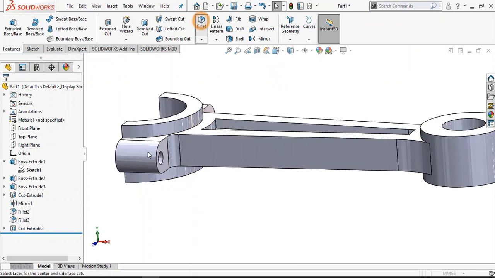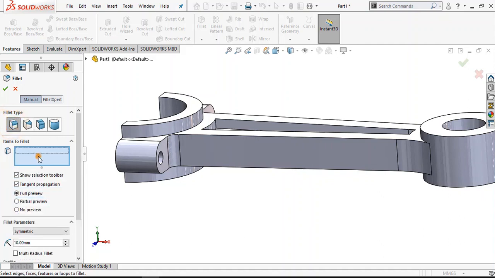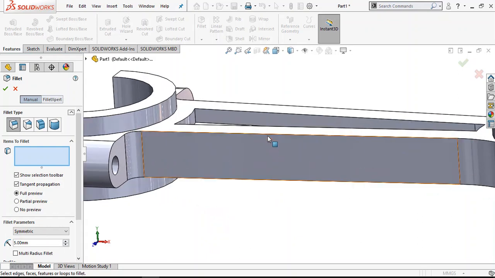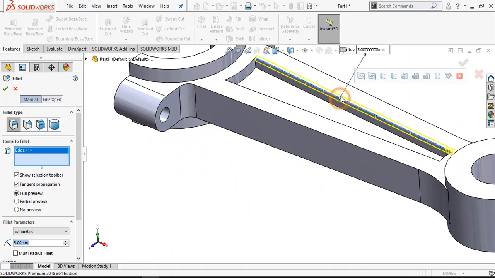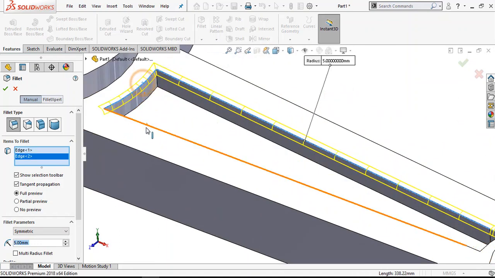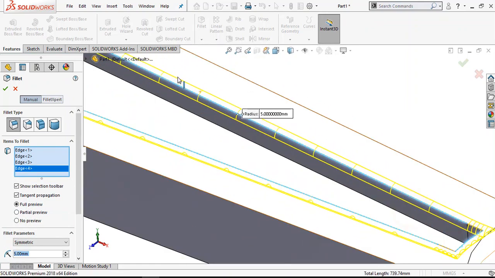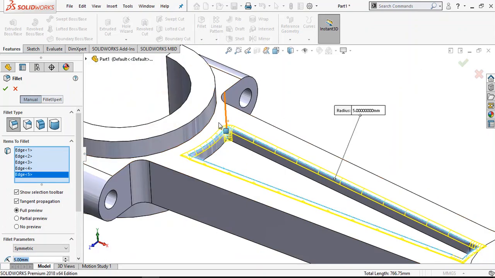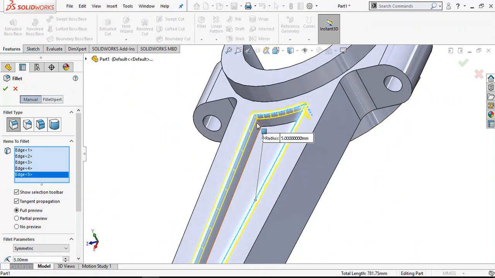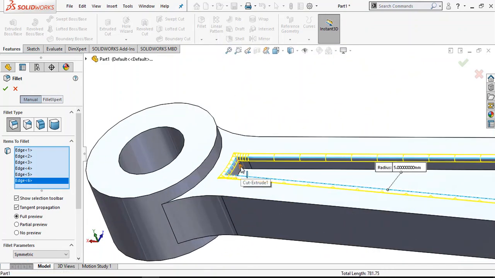Now select fillet, go to constant size fillet, select here 5 mm radius, select this face, select the edges carefully one by one.